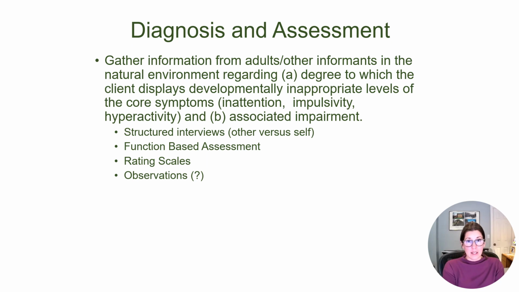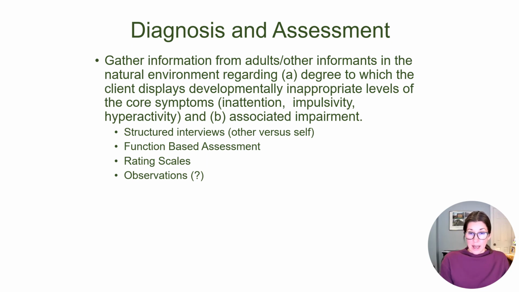One is that we really need to gather information from adults or other informants, so a teacher, other caregivers, in the child's natural environment regarding, one, the degree to which the child displays these developmentally inappropriate levels of the core symptoms, so of inattention, impulsivity, and hyperactivity, and also the associated impairments. So we want to make sure we are getting this information from the adults in the life of the child